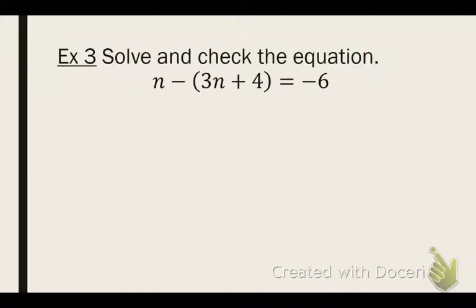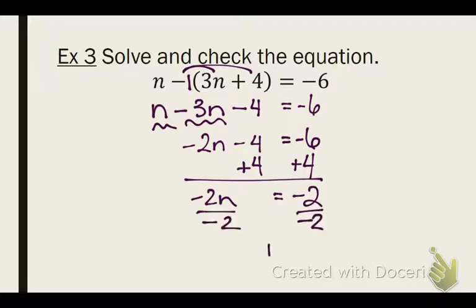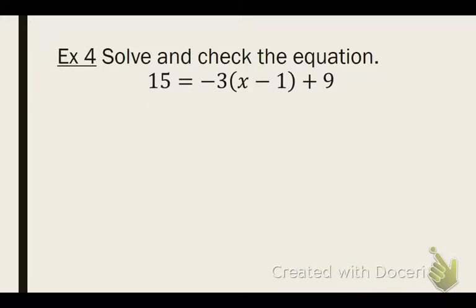All right, so let's take away the words and let's just do a problem. No words to this. Let's do a problem. Okay. So just to stress, it's like a -1 in front of that parentheses that we're going to distribute first. So n, and then -1 times 3n becomes -3n. And then -1 times 4 is -4. So get your like terms together. So at the next example,